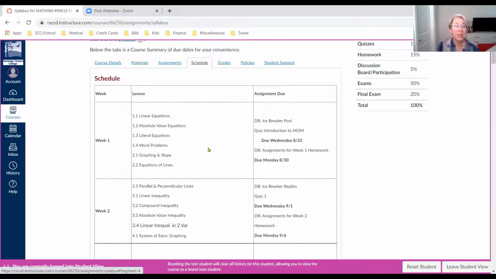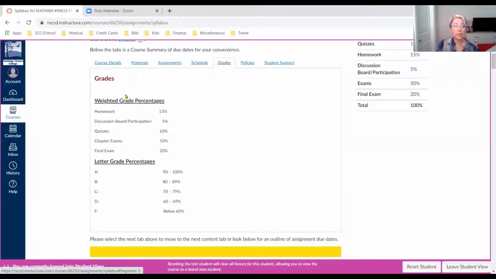If you have any questions, contact me. We're going to be going through material pretty quickly, but ask me questions. We'll get through stuff. A lot of this is a review at the beginning, like solving linear equations and graphing and slopes and equations of lines. So we're still going over stuff that you've probably seen in a previous math class, but it's always a good review. So I don't want you to get too overwhelmed. We are going to review some Algebra 1 stuff together.